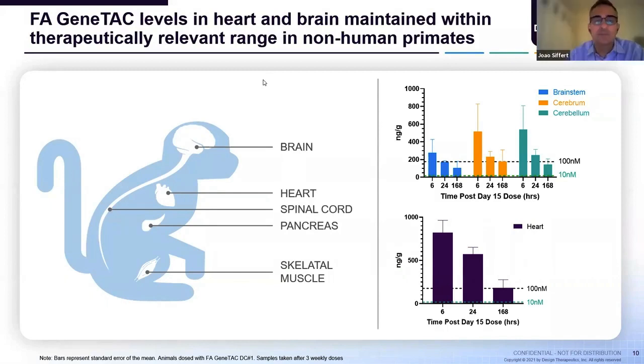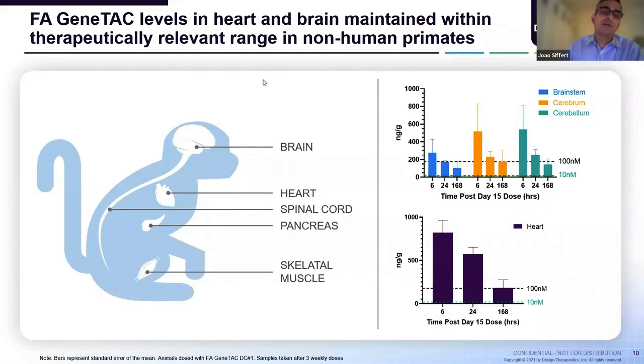Yeah, we can't be exactly precise about what that is, but the intention to date is that people who participate, let's say, in a single ascending dose could potentially participate in the multiple ascending dose and potentially in phase 2. Given that this is a small molecule that once given has an effect that lasts for a while, but it's not forever, right? Eventually it will wane. So ultimately you'll have to repeat dosing.